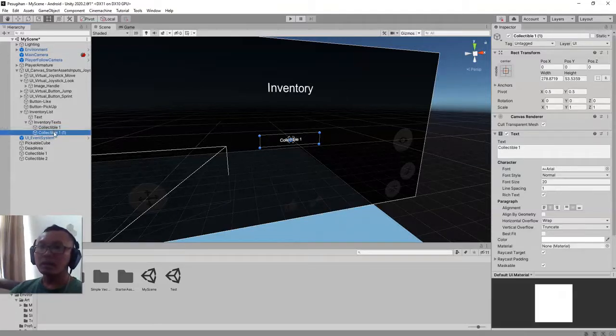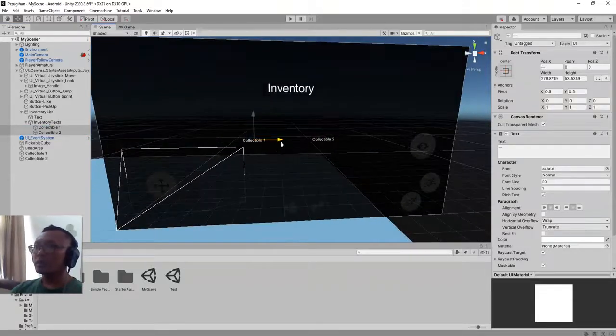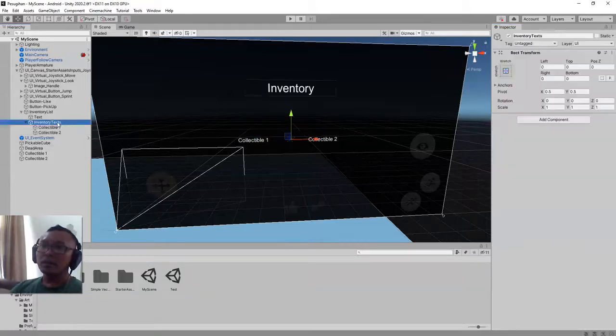I duplicate it, change it to collectible 2, and change the text to 2. Arrange it this way. Yeah, something like this. Let's increase the size a bit, 22, 25. Alright,